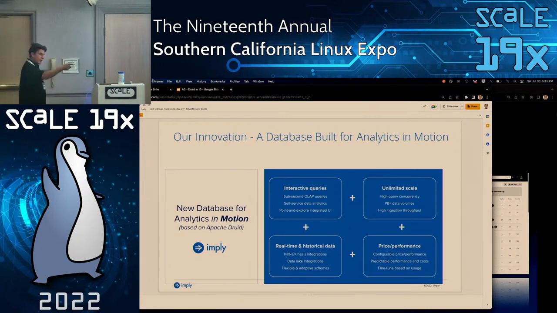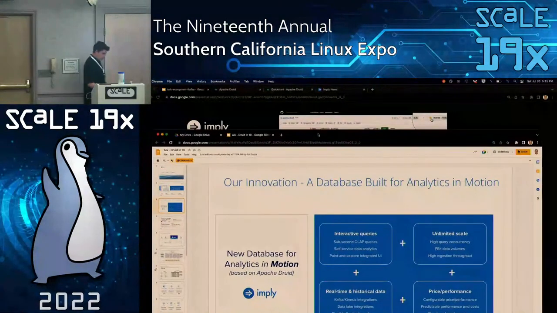Yeah. How operationally intensive is it to try